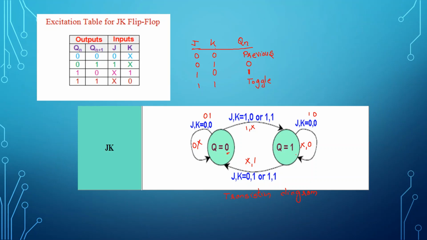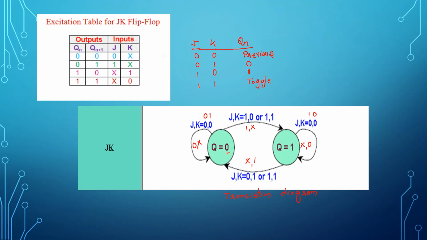The data that is stored in the flip-flop is 1 and after a clock signal, you want it to be 1 itself. So what inputs can you give? X0. So it is 1 and you want it to retain 1 itself: X0. It is 0 and you want it to change to 1. So what inputs can you give? 1 and x. It is 1 here and you want it to change to 0. You can give the input of x and 1. So x and 1, where x can be 0 or 1.